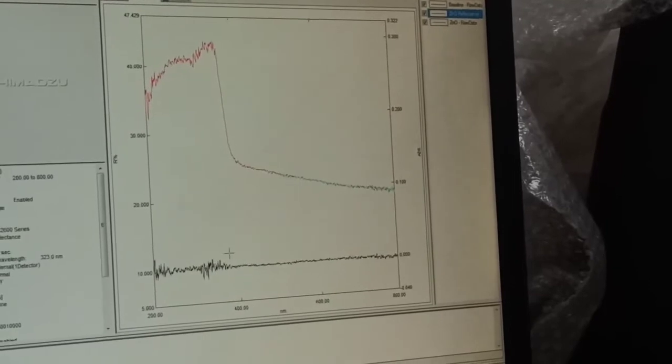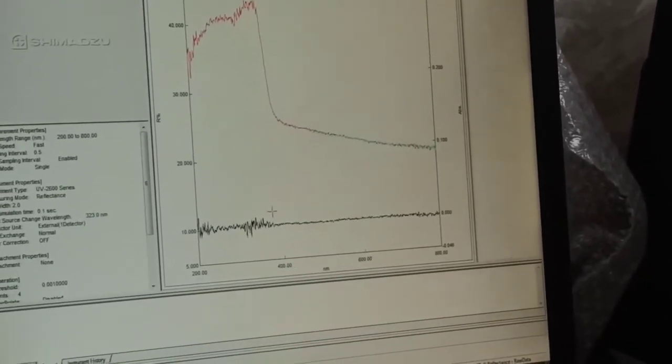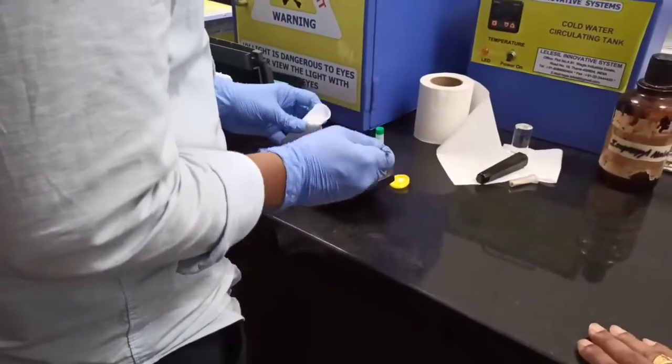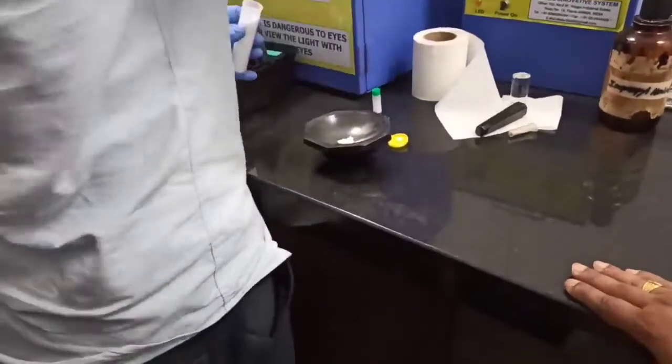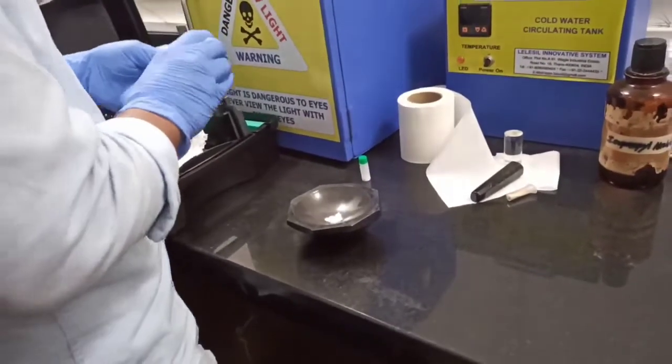If you have any sample, we can do it. The sample holder is too large, so the sample requirement is too much, about 1 gram.